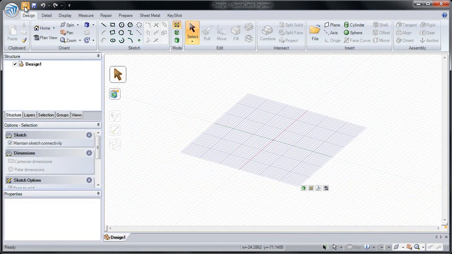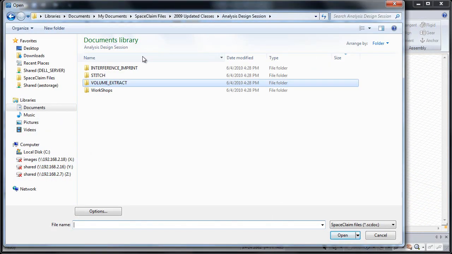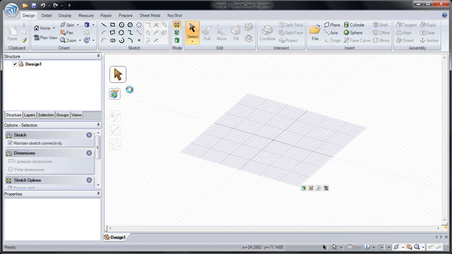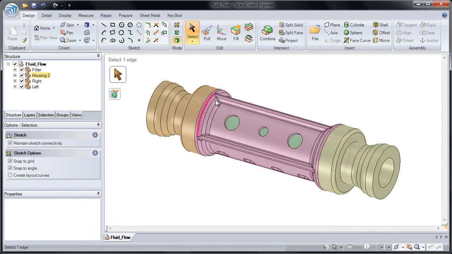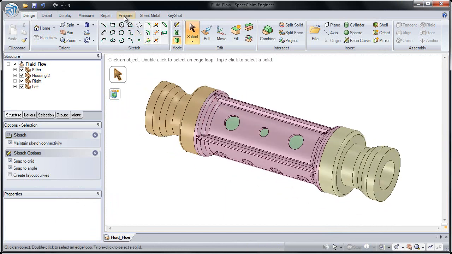So to start, we're going to open up a part in your analysis design session folder. It should be volume extract. So we'll double click on fluidflow.scdoc. So we have our model here, and we're going to extract the fluid from inside of it by going to